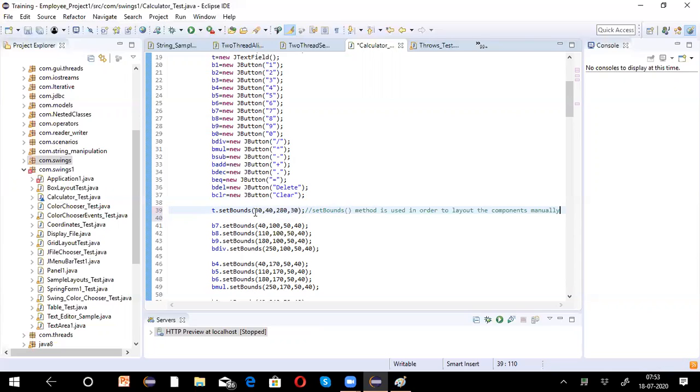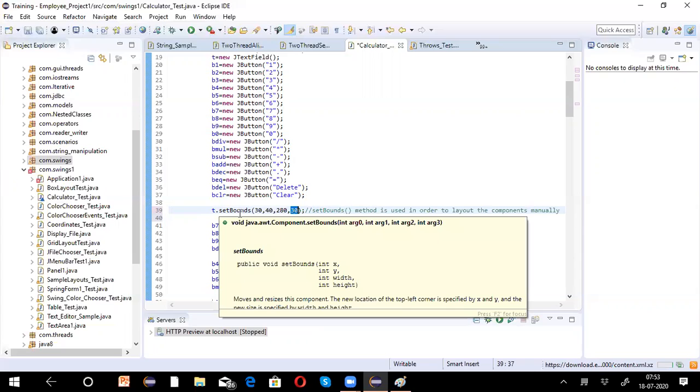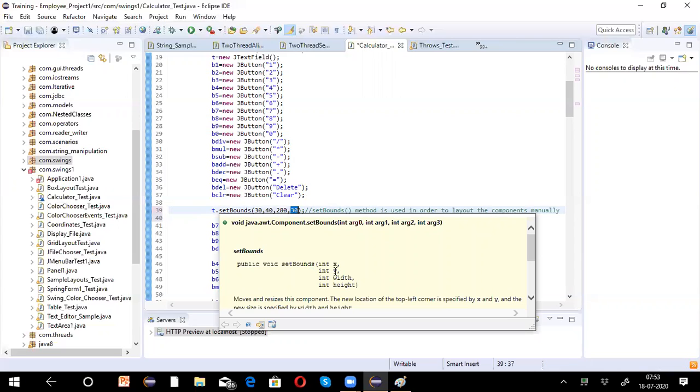And these are coordinates, x coordinates and y coordinates. This is width and this is height, width and height. Okay, so set bounds method is used in order to physically lay out the components: x coordinate, y coordinate, followed by width comma height.